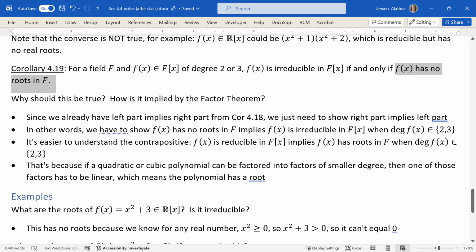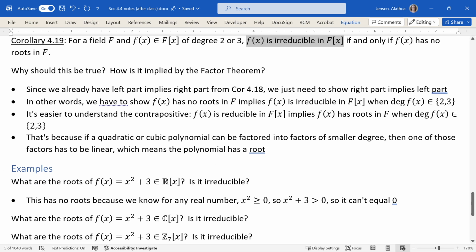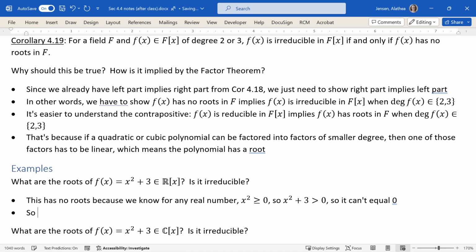Since we know that f of x has no roots in F, this right part is true, which means the left part here is also true. That means the function is irreducible in F bracket x. And that again is because it's degree 2 or 3. So by corollary 4.19, because f is degree 2, we can conclude that f of x is irreducible